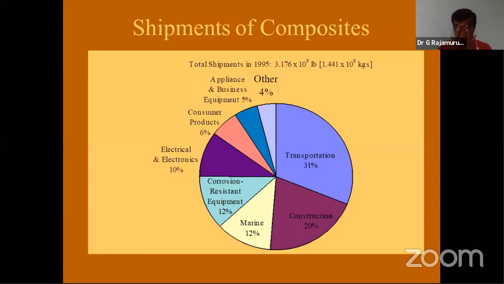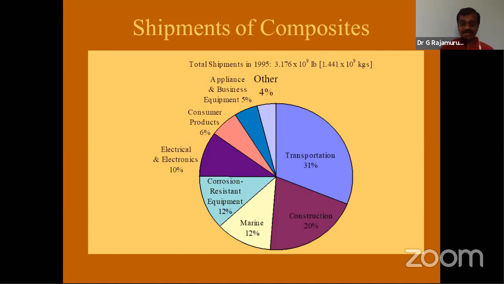So how are composites shipped in different years? In 1995, the total shipment of composites used in transportation industries was 31%. In construction industries, they are using 24%, in the marine industry 12% of composite material, in corrosion resistant equipment 12%, and even electrical and electronics 10%. So you can see in the pie chart,